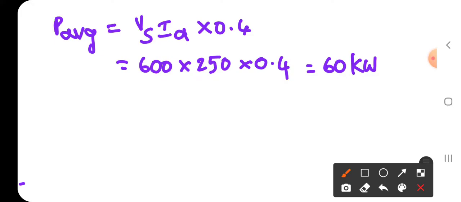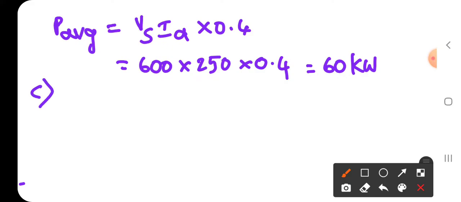60 kilowatts. Yes, when the motor is acting as generator and feeding power to the mains, what is an equivalent resistance? What is an equivalent resistance? That is, you can write this as